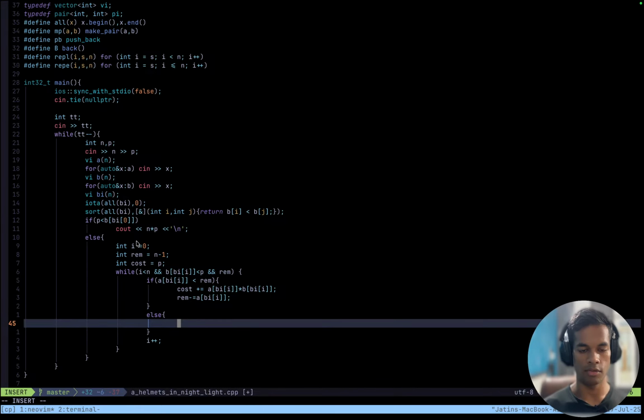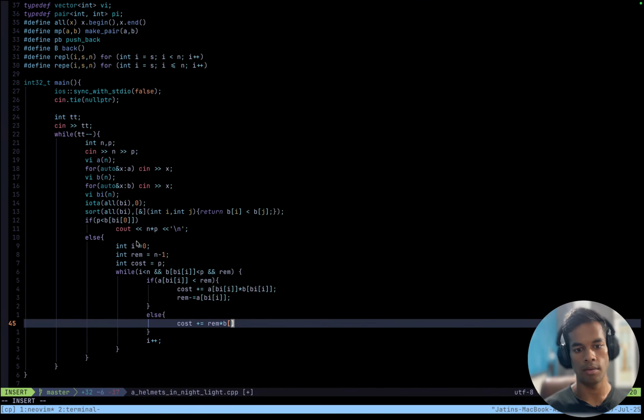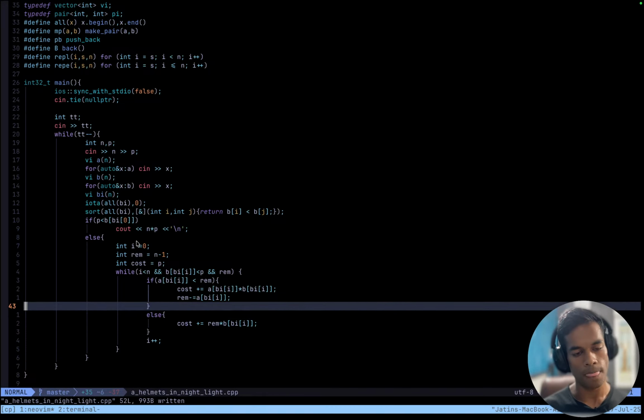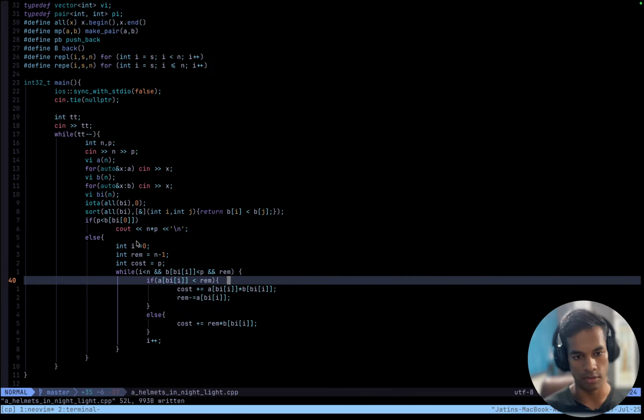Else, if that is not the case, then cost plus equals rem into B[B[i]]. So when I come out of the loop, either I am out of the number of people, or the cost is less than P. Yeah, Park Chanik's cost is lower, or remainder is 0.